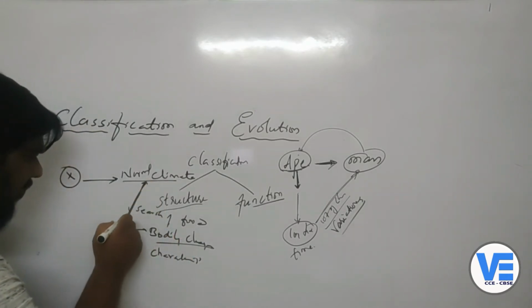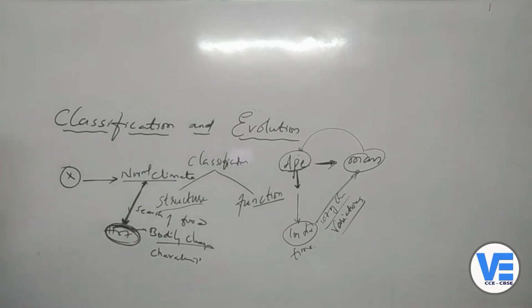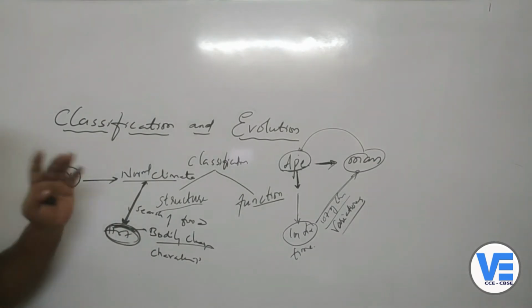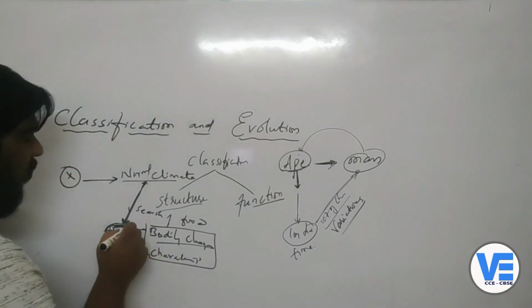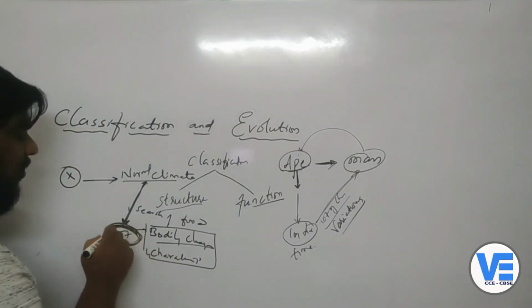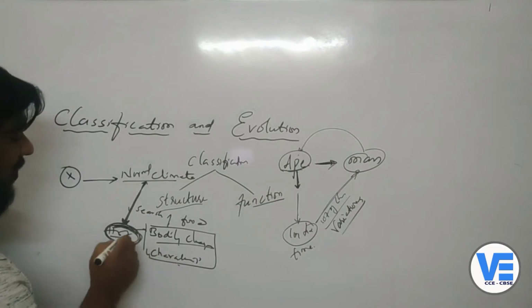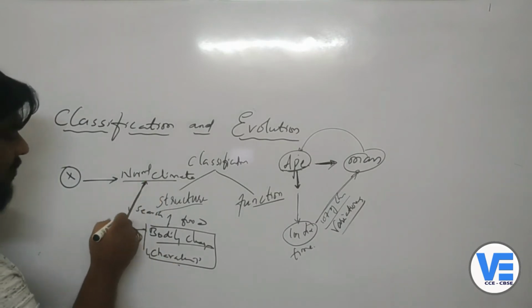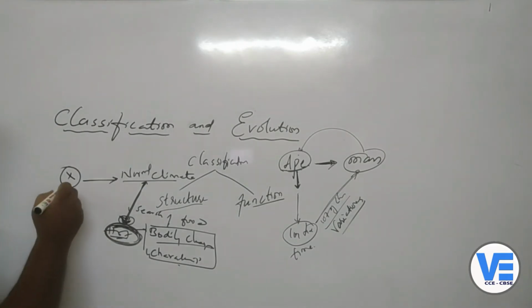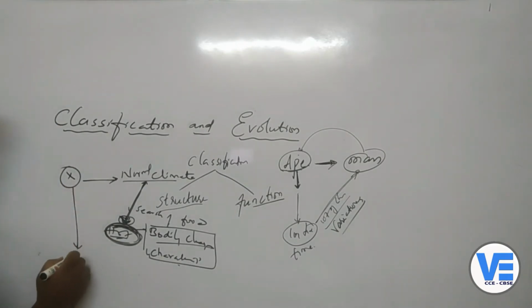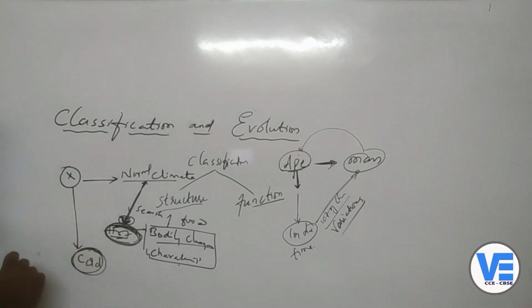That will not be in one generation. It might take hundreds and thousands of generations to acquire characteristic features like this. After a very long time, after many generations, you can see that this animal has adapted to this particular hot environment. In the same way, if this X goes to a cold climate where it is absolutely cold, now it has to habituate to this cold climate.